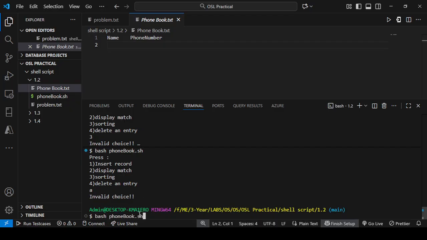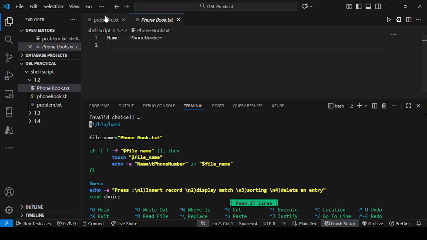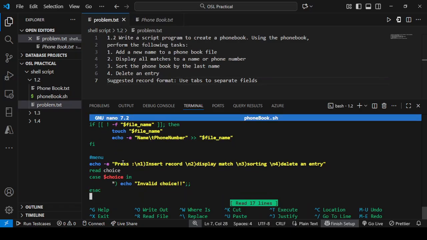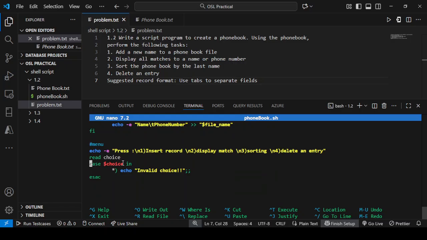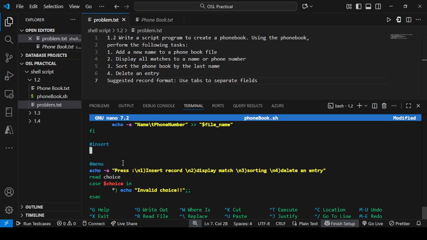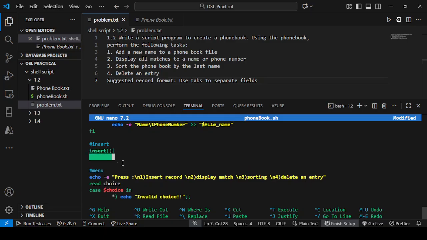Now let us do the further program according to our problem statement. What our problem statement states is we have 4 options. We need to display match, we need to sort, we need to delete an entry. So first thing first, we'll insert a record. So I'm creating a function named insert. Now to insert a record, I'll have to check if a file exists. If file name,